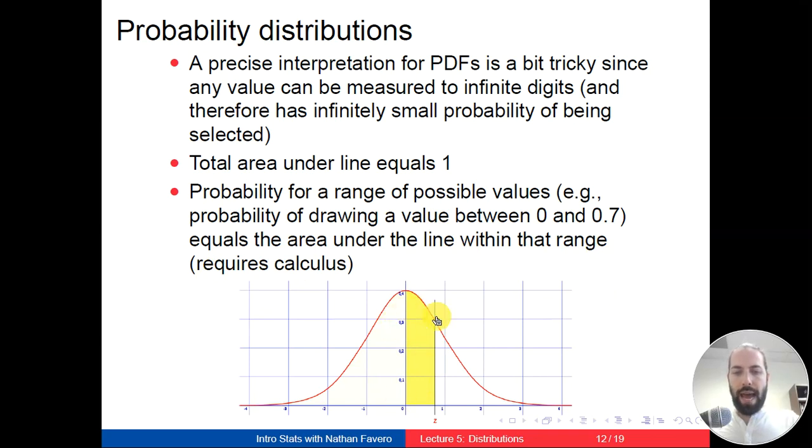But that's the kind of math that's going on behind the scenes in a lot of stat software when it's telling us something about how likely particular values are to occur, or when it's generating a confidence interval, right? Which is implicitly thinking about 95% of the time something occurs. Well, we want to get 95% of the area under the graph, for example.